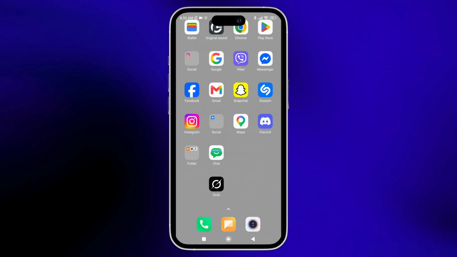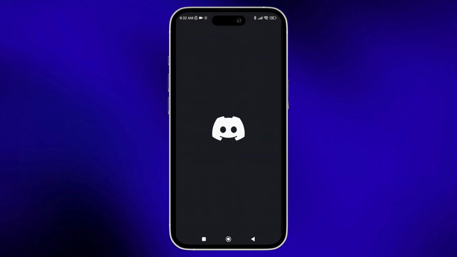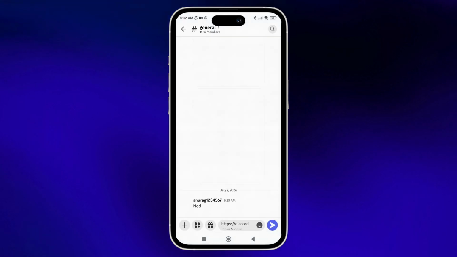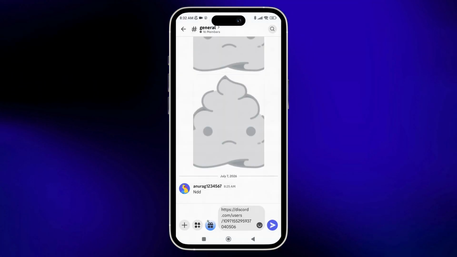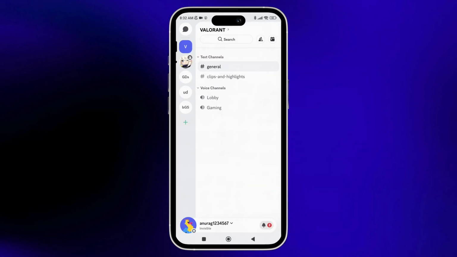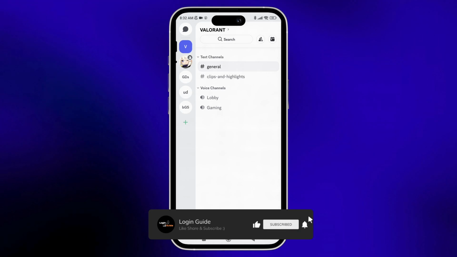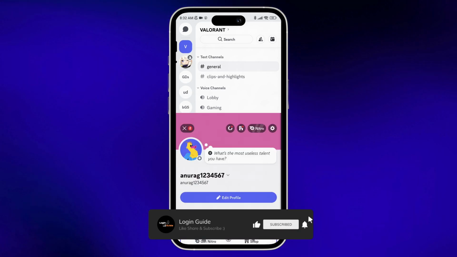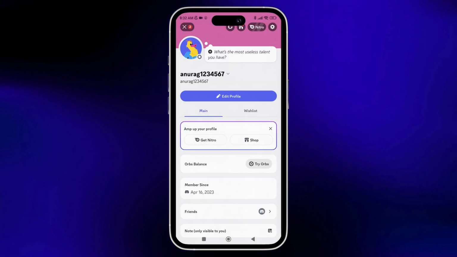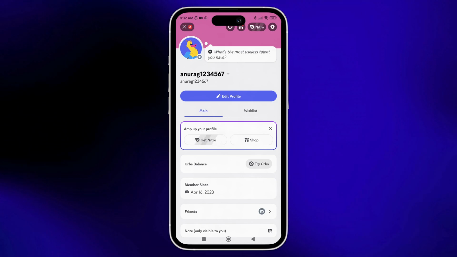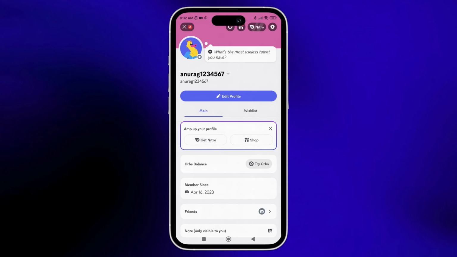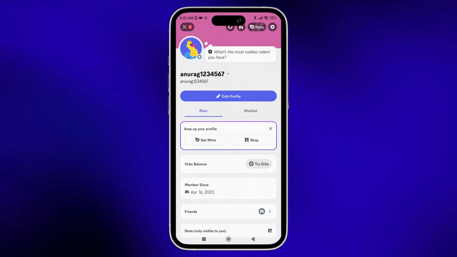So here, first thing first, open the Discord app on your phone. And now here, once you're inside the app, you can just tap on the profile icon shown in the bottom left side of the screen. And now here, once you tap on it, you'll see the interface like this. Now here in this section, you can just tap on the gear icon shown in the top right corner of